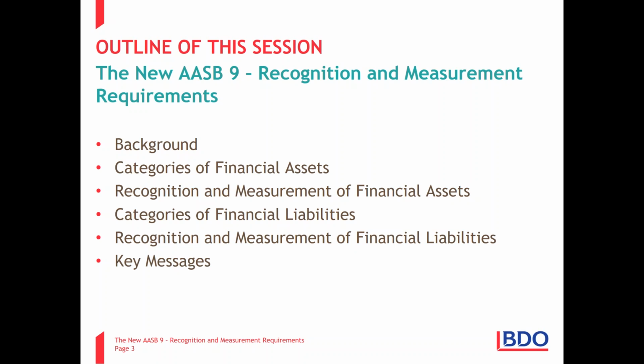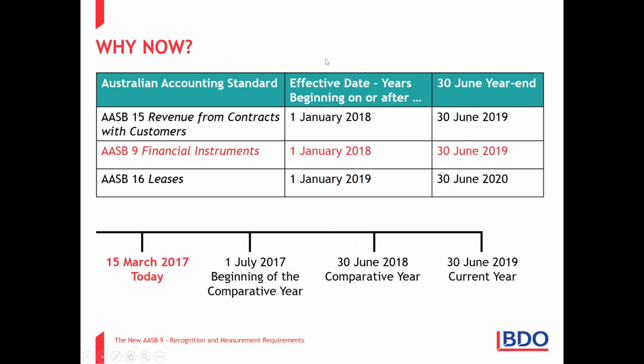So today we're focusing on only one aspect of the new AASB 9. So why now? As you know, we've got the triple threat accounting standards, the new AASB 15, 9 and 16, and the new AASB 15 and 9 are effective for years beginning on or after 1 January 2018. Which means if you've got a 30 June year end, 30 June 2019. If you look at my timeline at the bottom of that slide, if you apply the new AASB 15 and 9 for 30 June 2019 year, you have to apply these standards retrospectively.